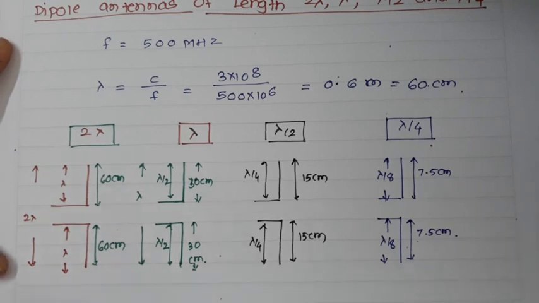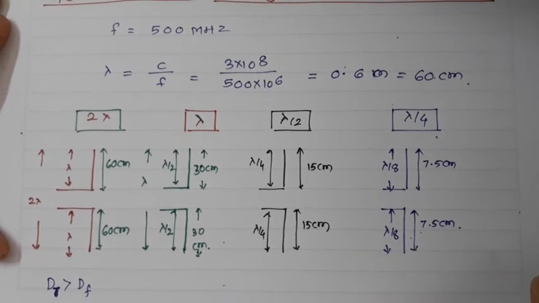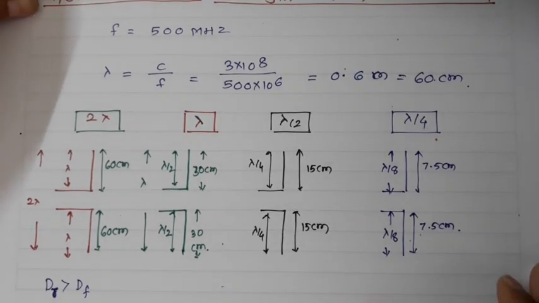Now as you have designed each and every antenna, you must understand what will be the far field region. Here the far field region distance D must be greater than the Fraunhofer distance, which I'll denote as dr. So we must understand what is the Fraunhofer distance for each and every antenna, and we'll keep our receiving antenna in the far field region.